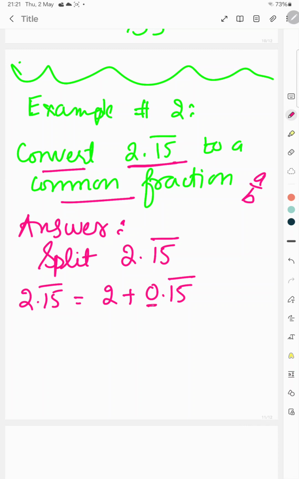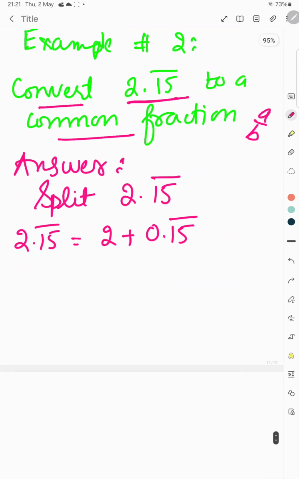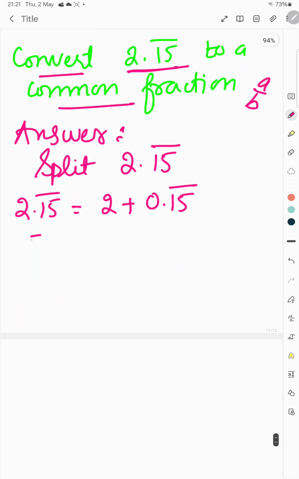Now as you can see here 0 comes, so now we are able to make our geometric sequence. So what I will do here: 2 will remain outside and I will make a sequence here. The first term will be this whole term, you have to take this whole term as the first term. The second term will be,